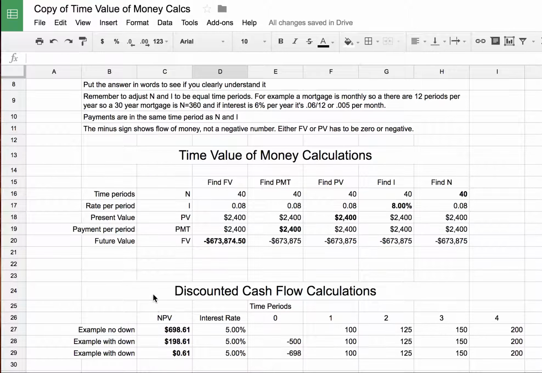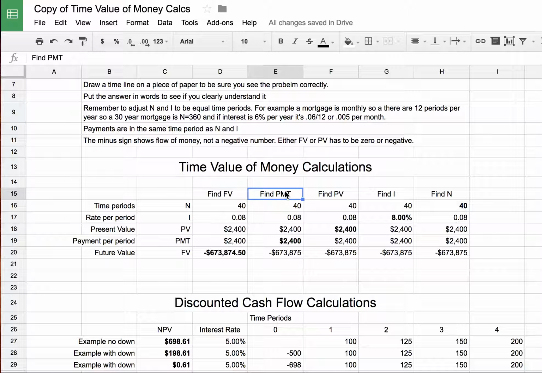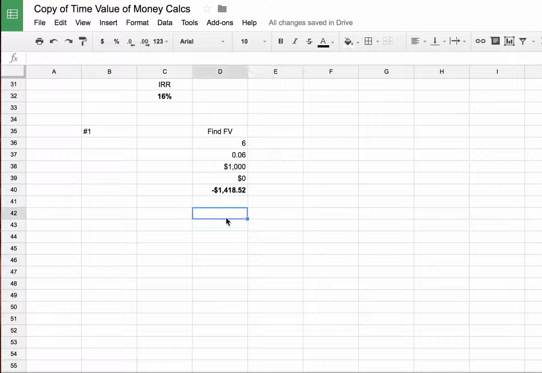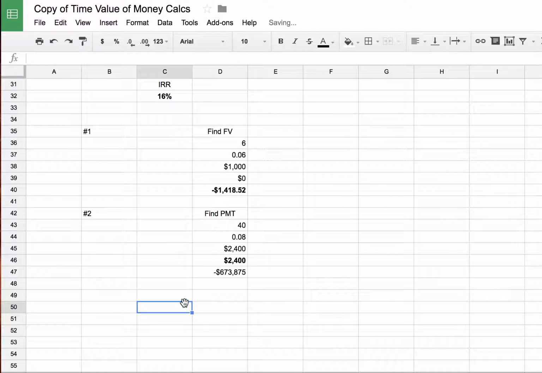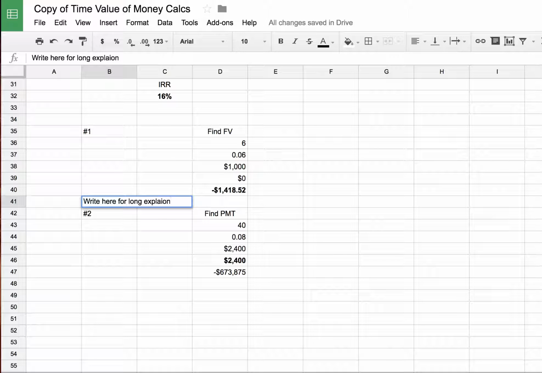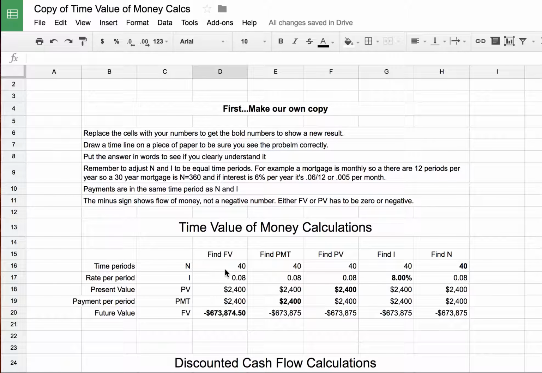Then the second problem, if you go back up here and you want, say, a payment problem, you just hit Shift and it'll copy or highlight all those cells. You hit Control C, you come down here and you paste, and you've got the problem here, and this is number 2. And don't forget to write in the text right here for a long explanation. So you can see you can just do that, copy, paste, copy, paste, copy, paste, and you can just